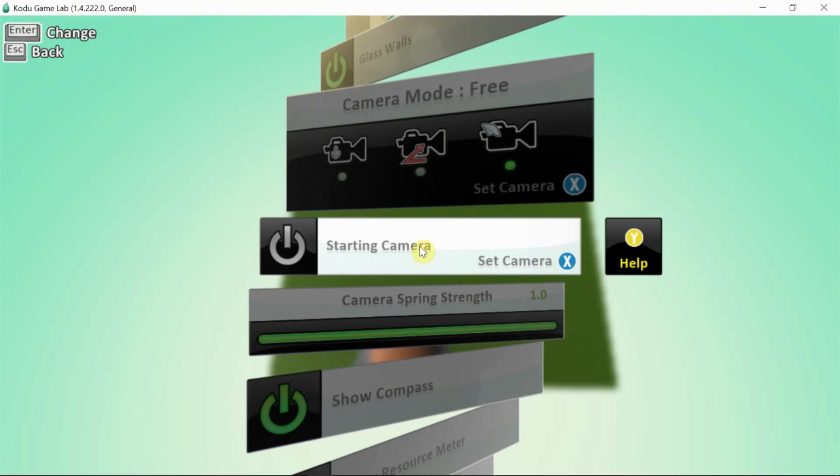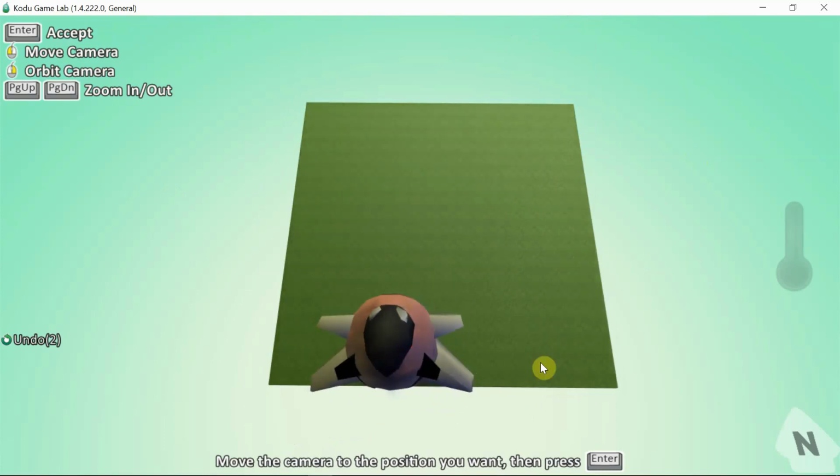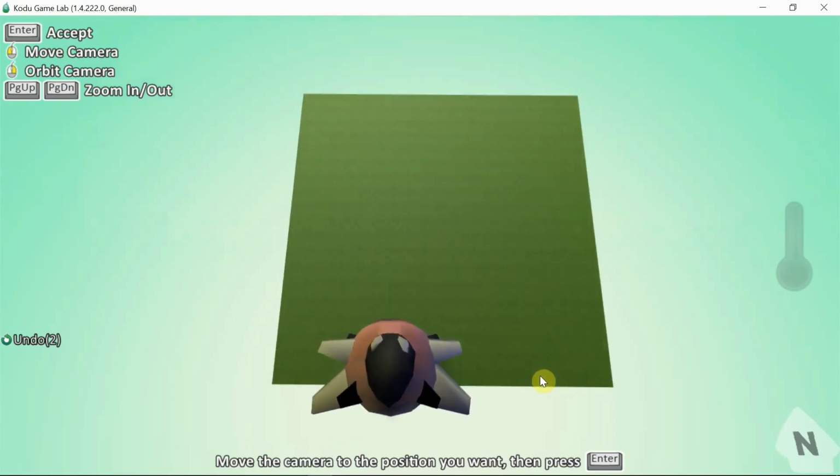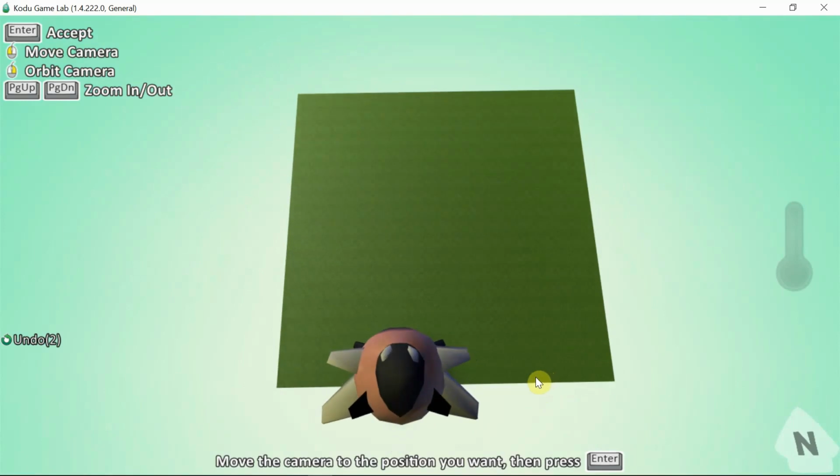So I click on this set camera. This set camera will give me this view. I can arrange the camera the way I like, and once I'm done I can press enter and this way it will be done.